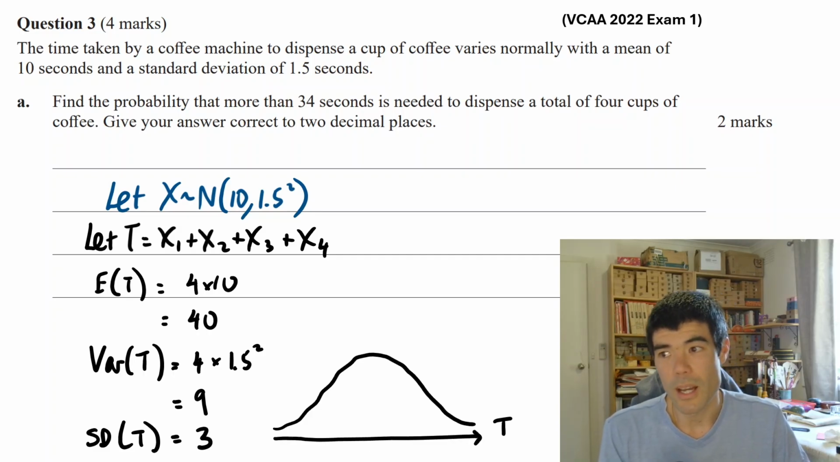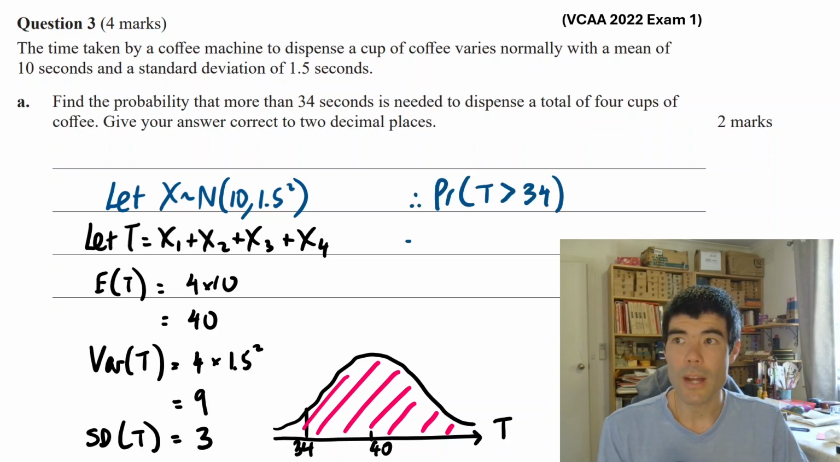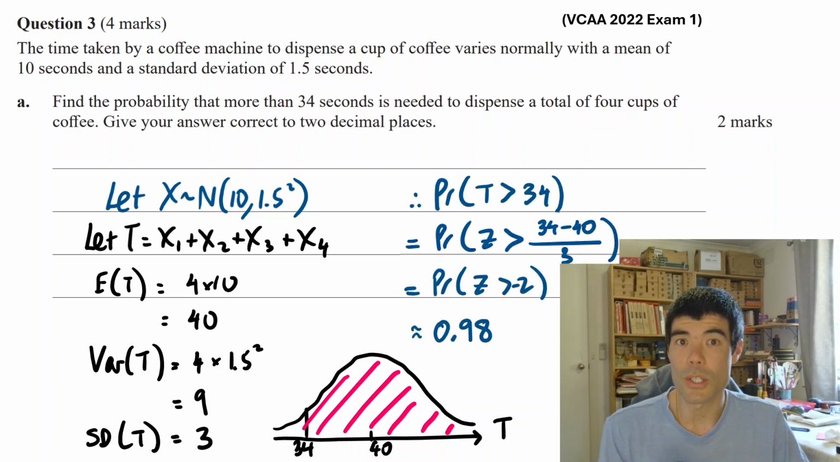Always good to draw up a little diagram, a little normal bell curve. We have a normal variable t with a mean of 40. We want to find the probability that more than 34 seconds is taken. Because we don't have a calculator here, we need to use our knowledge of the standard normal. In this case, the probability that t is greater than 34 works out to be exactly the probability that z